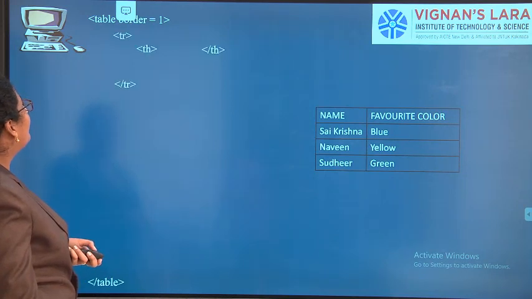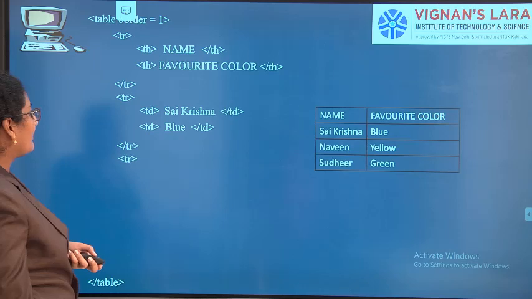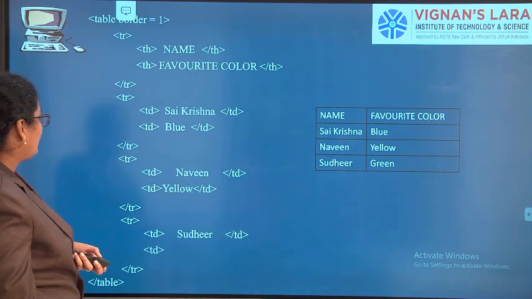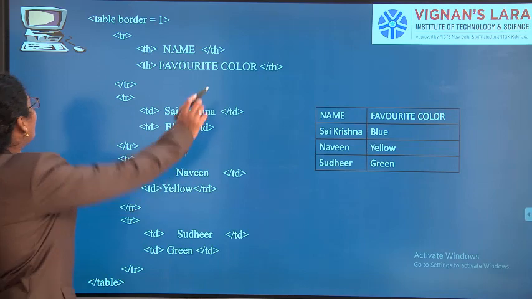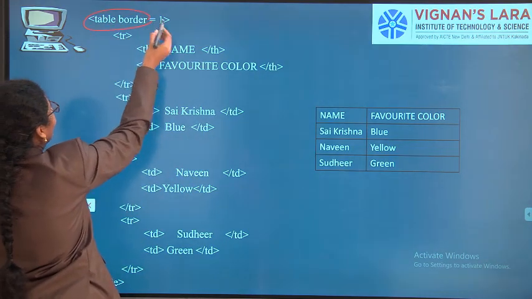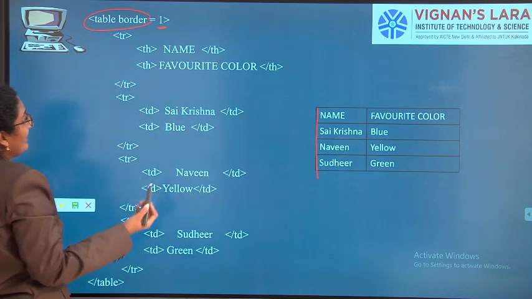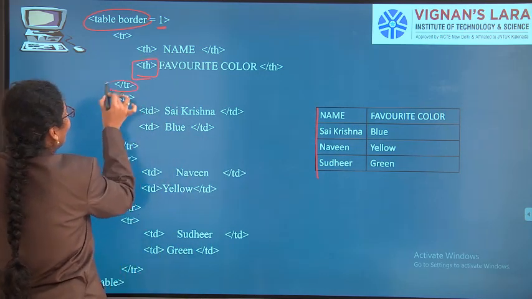So see here, table border I have given 1, which means my table will have a border. Next you can give whatever table heading you want, table row open, table row close.